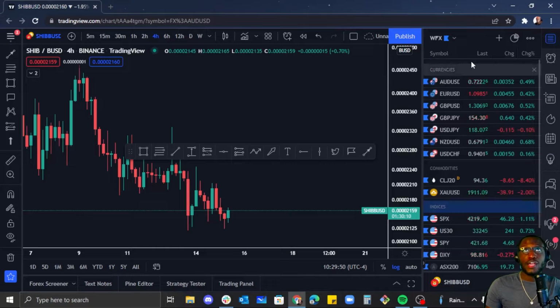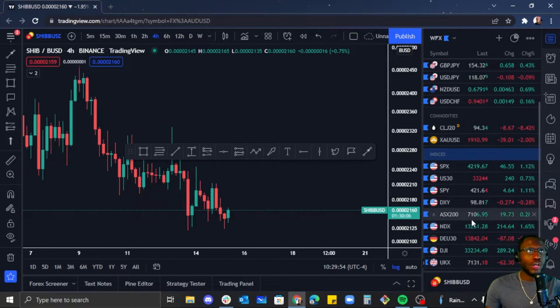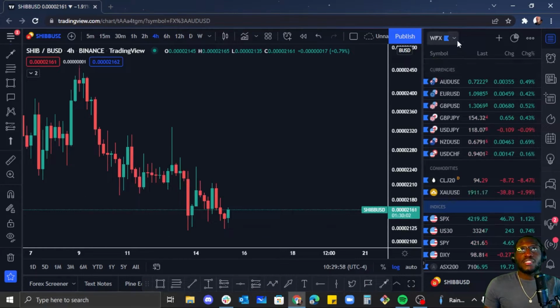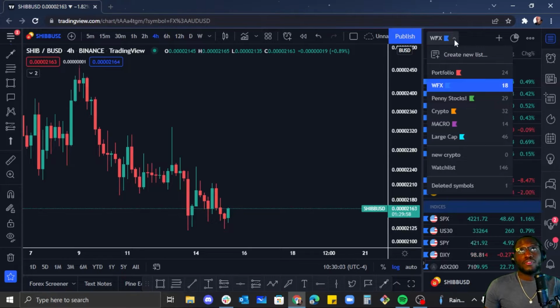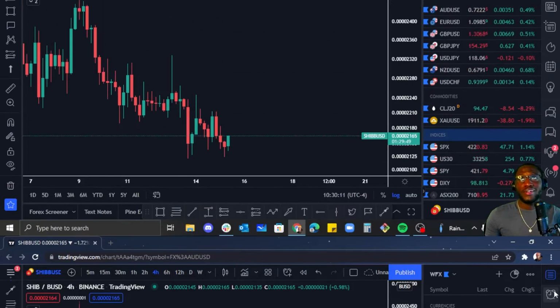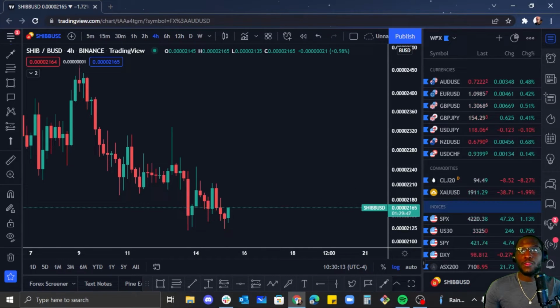Perfect. So now within our watch list, we have different sections so that our watch list is nice and organized. And if you want to create a new watch list, again, you just drop down and create new watch lists. Yep, and that's just the gist of TradingView. Everything else here on this side of the window,